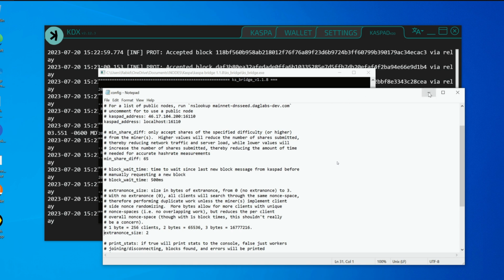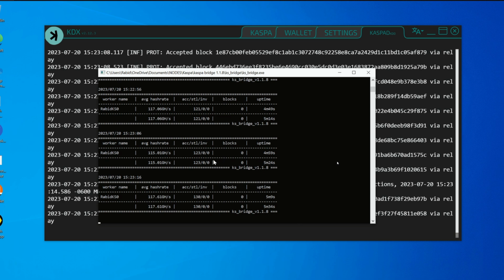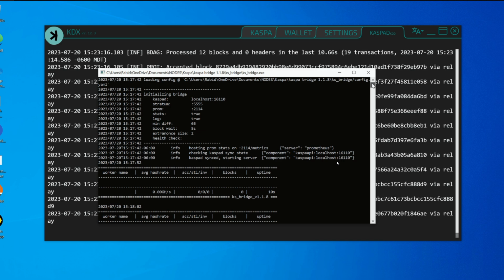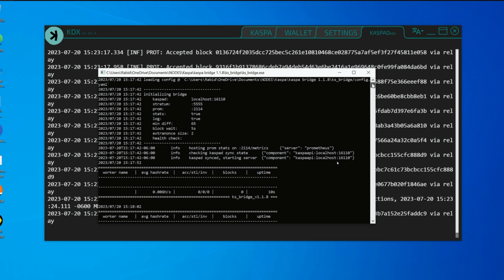So we did connect. This new update does work, but to get it set to what we need, based on the README, you have to get rid of that hashtag. And now you can see everything is probably where it should be. Now, if I scroll up, I actually noticed this because I was still at 50 gigahash. It was going for about an hour and a half. I stopped it, and you can see right there underneath initializing bridge where it says extra nonce size